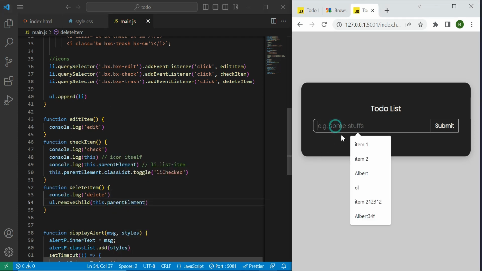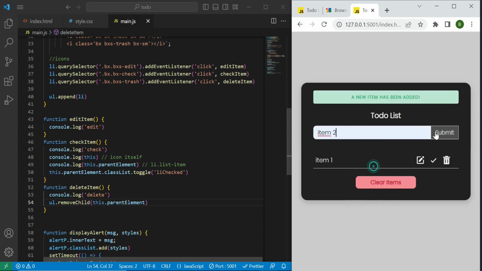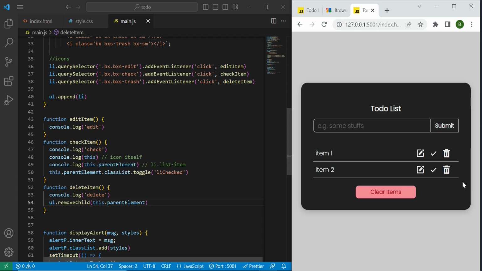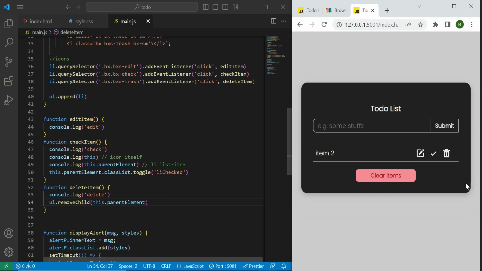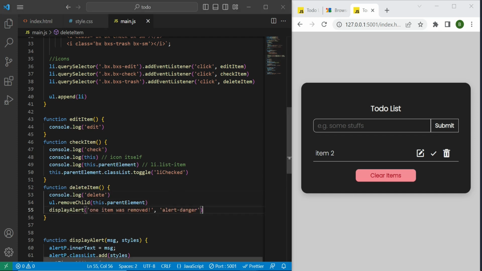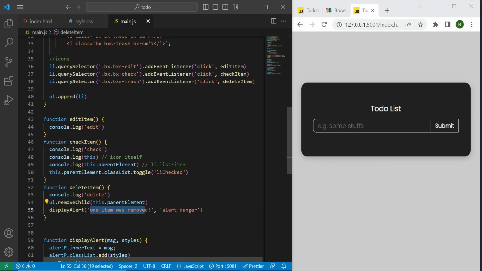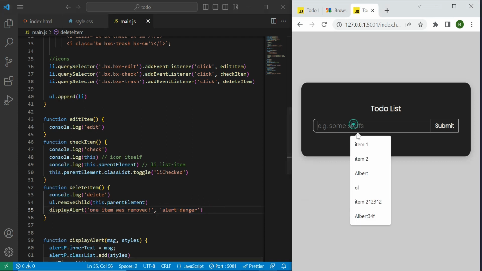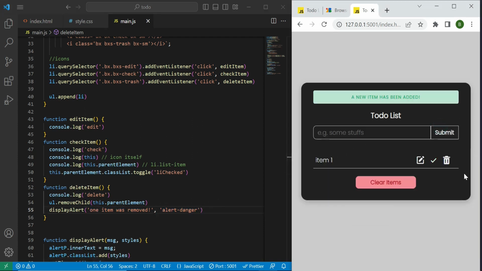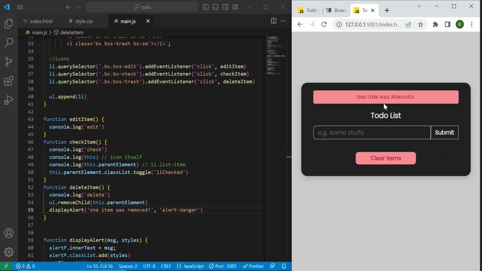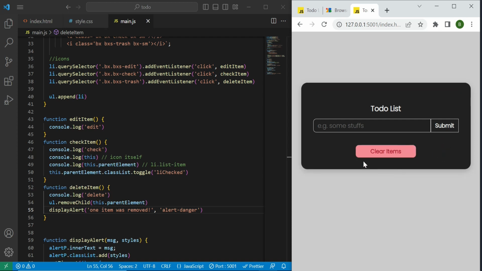So again, let's give it a whirl with 2 items. And now let's just remove the first one. Great, it has been removed. Now we need to tell the user what's going on again. So we're going to use the displayAlert afterwards. This is my message and this is the class. So again, if I hit item 1 and then click on the trash can, however, I'm still able to see